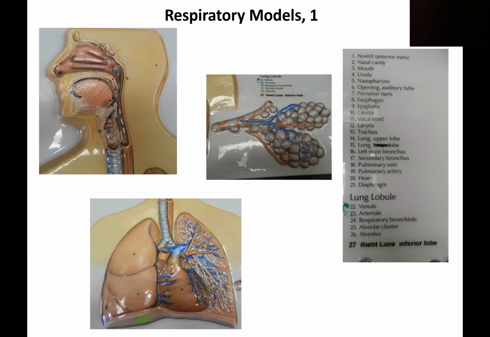Okay, so then the models. Again, you may have to blow these up. This one happens to have a key that's included. So you can see the external nares, nasal vestibule, the superior concha, medial concha, inferior concha, hard palate, soft palate,